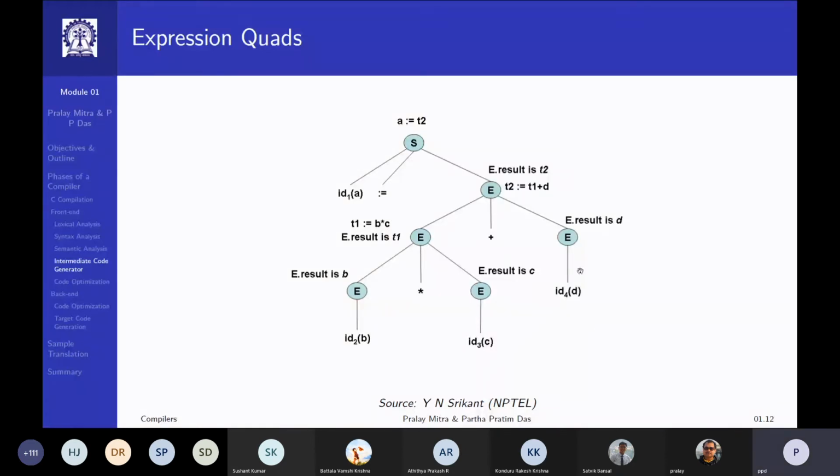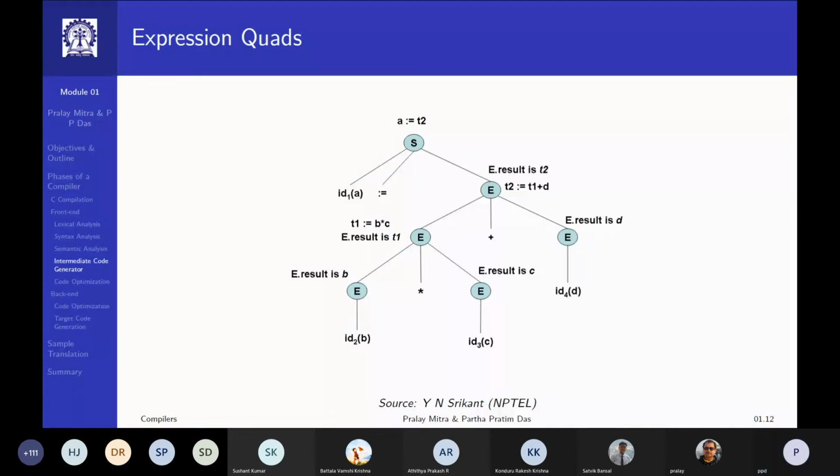Let us look at the addition side. The ID4 is an expression. So E dot result for that expression is ID4, which is T. Then in the addition node, the expression is adding the left operand T1 with the right operand T. So it is T1 plus T. And again, you need another temporary variable to keep it.